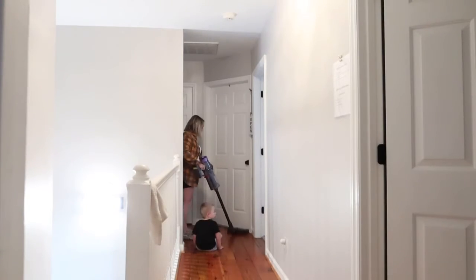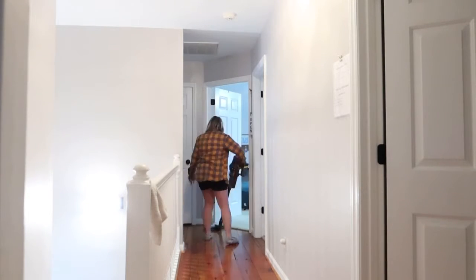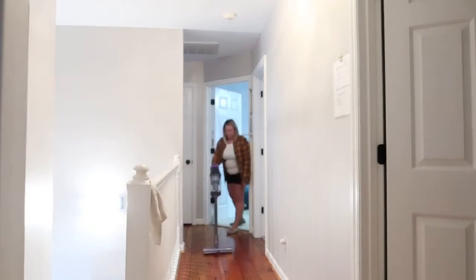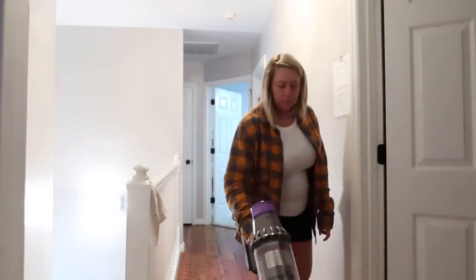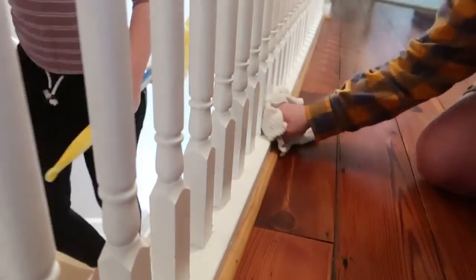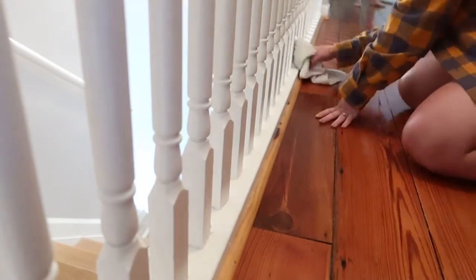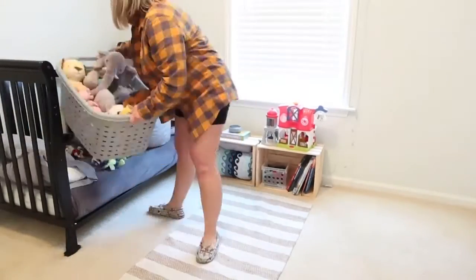Now we're on day 2 of my 2-day cleaning, and I am doing the upstairs. I noticed when I was doing the stairs the day before how bad the trim and baseboards were and how bad the banister was up here. So I was like, okay, that's definitely number 1 on the list for tomorrow. So going ahead and tackling that and getting a good wipe down of the baseboards. When I was dusting and getting rid of those cobwebs, I started noticing how bad the baseboards were, and then noticed how horrible they were going up the stairs, and I was like, oh my gosh, I've been neglecting this